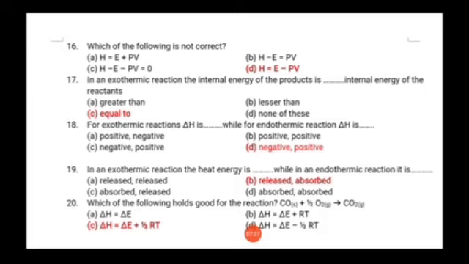So students, to give the correct answer, we must use the theory, that is mole and first law of thermodynamics, in which we have derived the equation delta H is equal to delta E plus delta Ng RT, where delta N is the number of moles of gaseous products minus the number of moles of gaseous reactants. In this equation, the number of moles of products is 1 and the number of moles of gaseous reactants is 1/2. So delta N will be 1 minus 1/2, so it will be 1/2. If you substitute the value of delta N, the correct option is option number C, that is delta H is equal to delta E plus 1/2 RT.